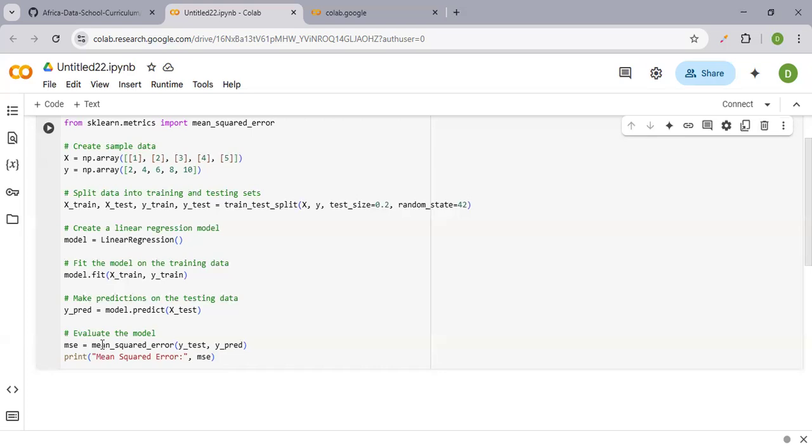So when you evaluate the model now, you'll use the MSE equals to mean squared error of y test and y pred. And y pred is simply the prediction of the testing data. So when we run this,